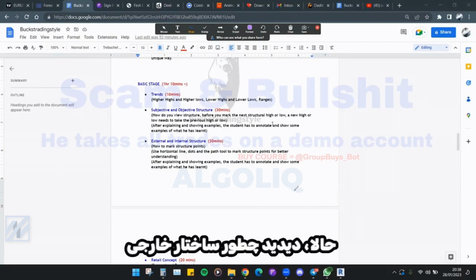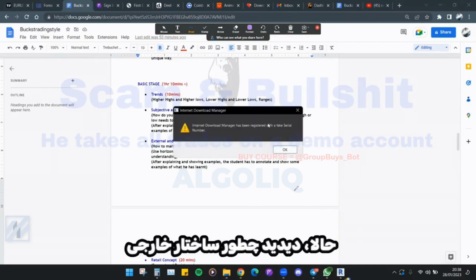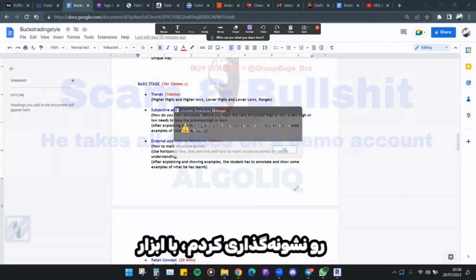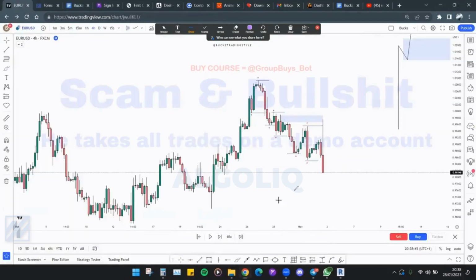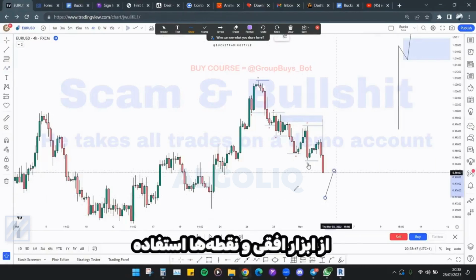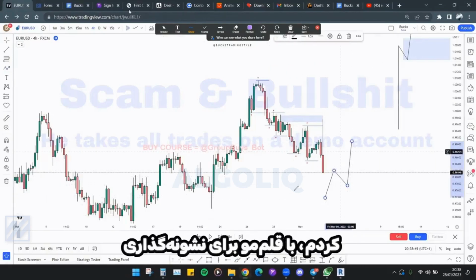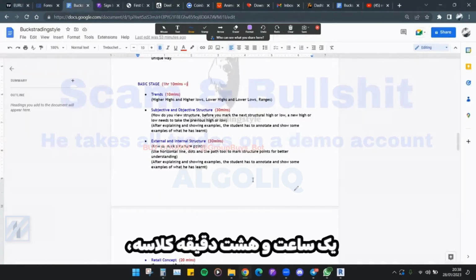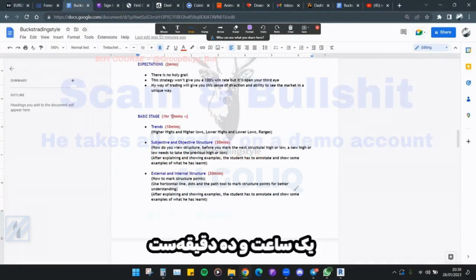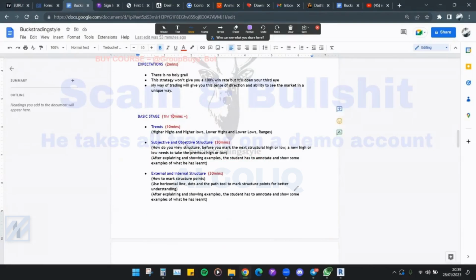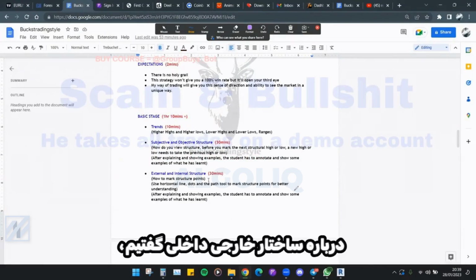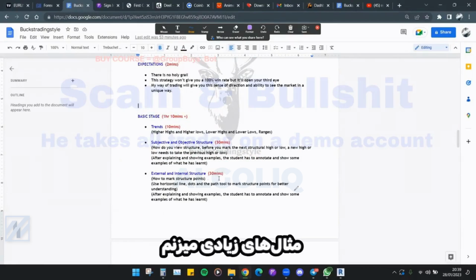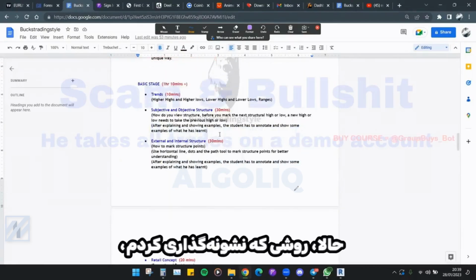Now you see how I did the markup of the external structure, where I use the path tool, this tool right here. To understand them, I use the horizontal tool. Then I use the dots, the brush, to mark out the external structure points, right? Good. So now, this is 1 hour 8 minutes. The first stage of the class is 1 hour 10 minutes. So we have 2 minutes, and we've talked about the external and internal structure, and we did lots of examples.